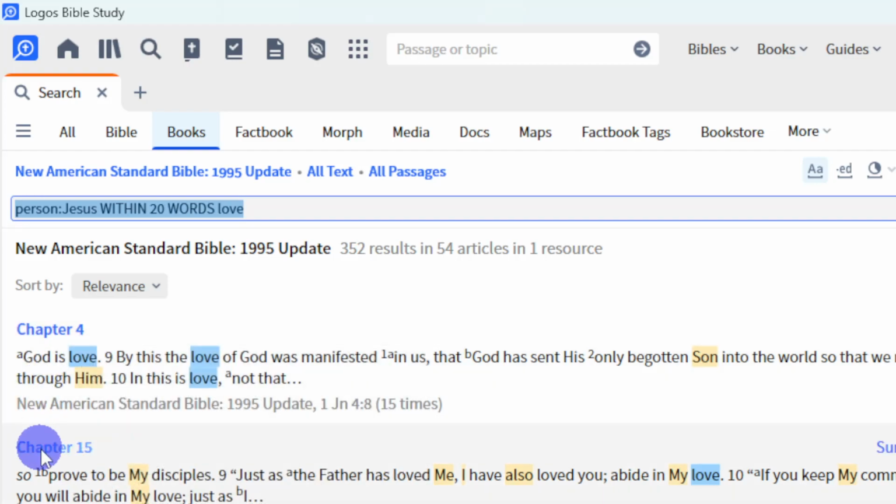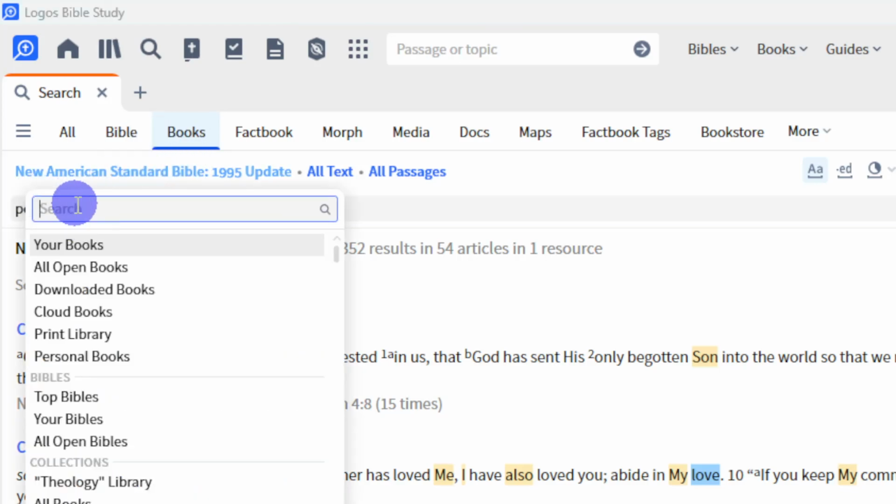And as you can see, it's not like a Bible search, so it's going to come up with the chapter instead of the verse, but you're able to see what verse it is right here when it says 1 John 4:8. And so that's another way to get that information. And if you're wanting to know how to search your Bible as a book, just go to the book tab of the search panel, and then you're going to want to make sure right here, normally it's going to say all